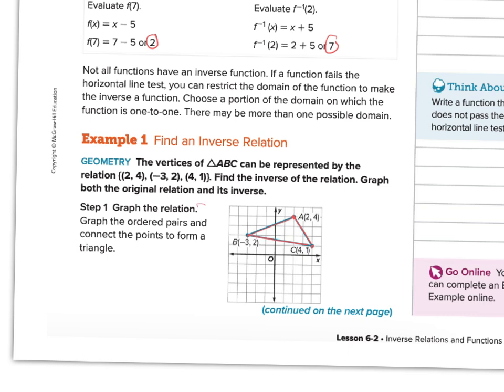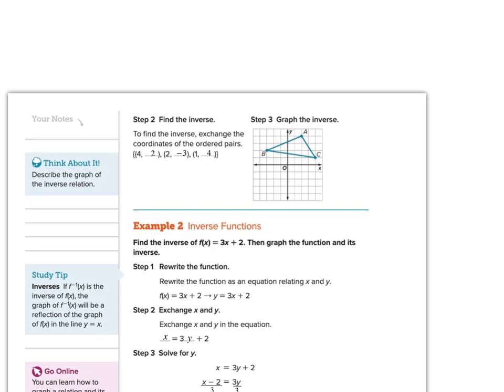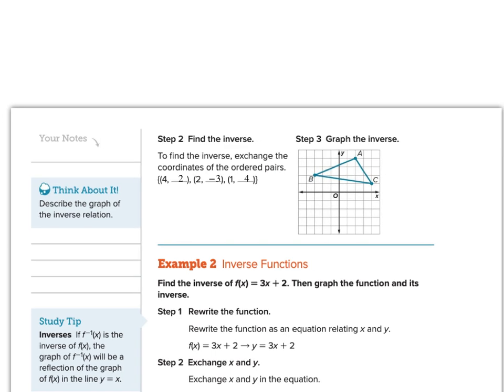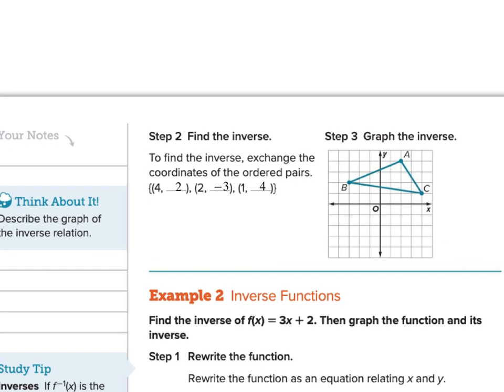Okay, so they've gone ahead and done step 1 for us. They've graphed. Again, we took and we reversed these ordered pairs. And step 2, find the inverse of those points. So by reversing, we find the inverse and exchange the coordinates of the ordered pairs, we end up with (4, 2),